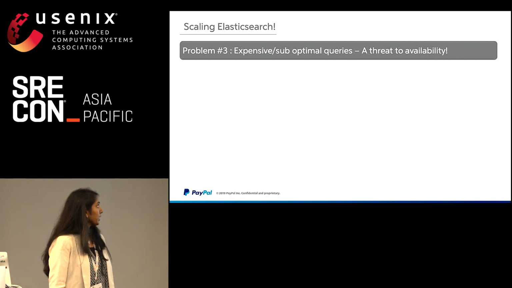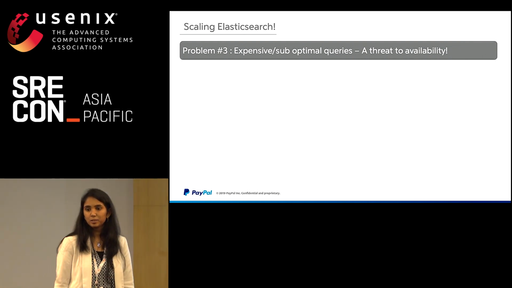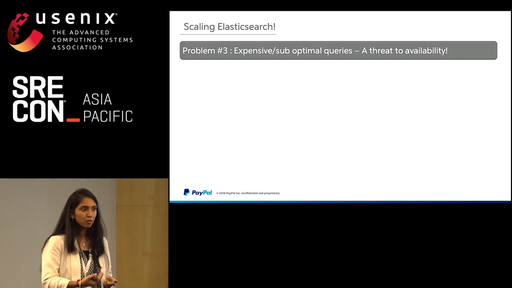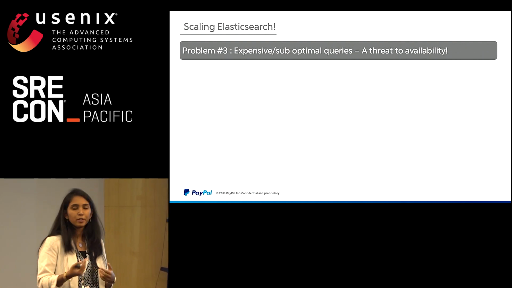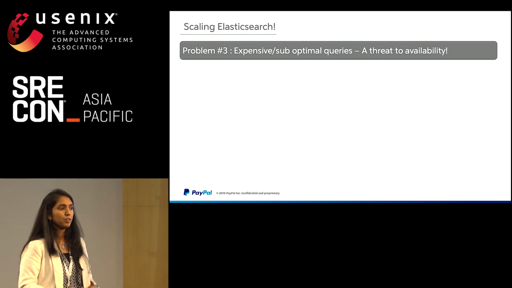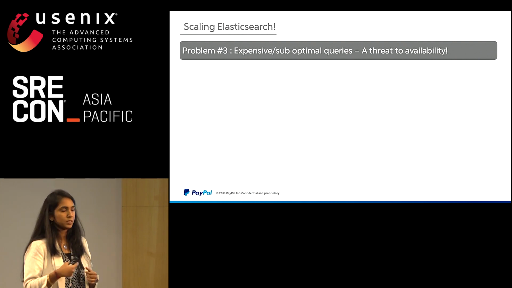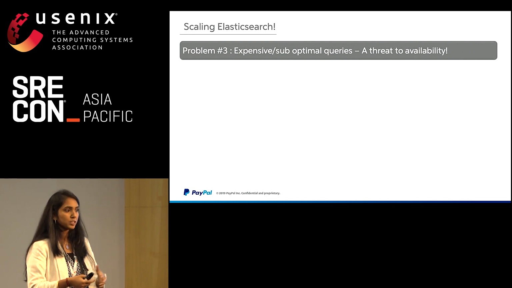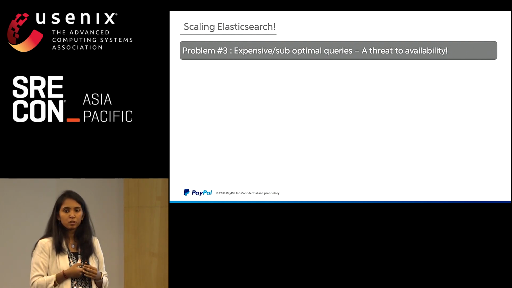Then, problem 3: expensive or suboptimal queries. I think this is a very common problem across all data stores, and we can think of this from two perspectives. One is where you manage your platform and also act as a consumer of your data. In that case, you know exactly what you're going to fire against the cluster. The other case, where we are, is that we offer search as a service, a platform where multiple users can come and leverage the search service. If we put it in terms of SRE, say you have a data set that is being used all across PayPal, where users have control of whatever query they want to fire.